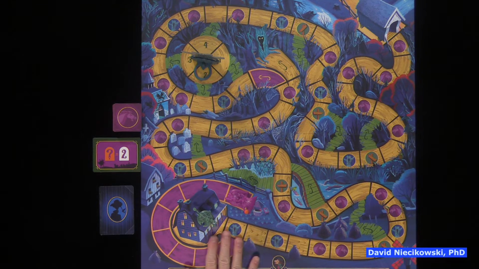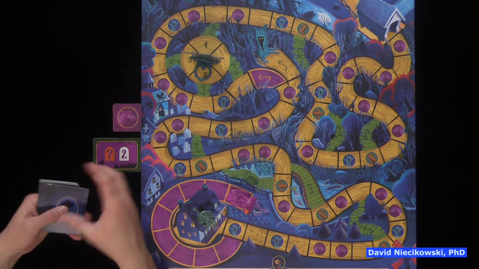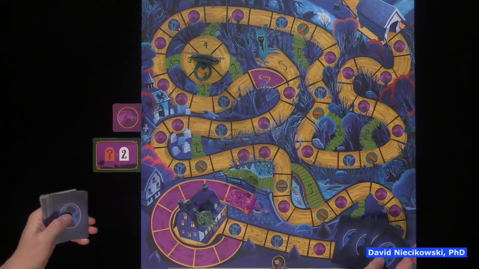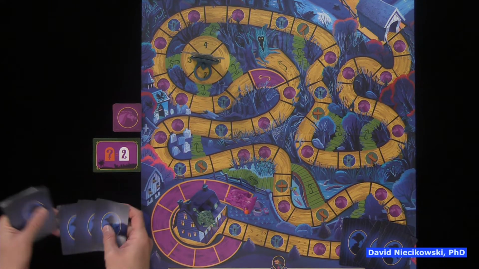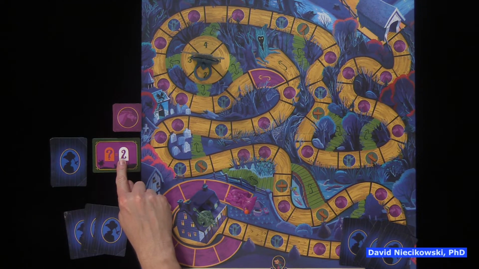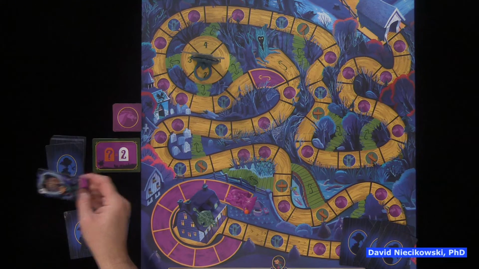In this case, each player will have 4 cards. So Julie will have her 4. I'm just going to put it off to the side here. And I'll have my 4. And what does this card mean? This card means that anytime you see a card, if I can find one here,